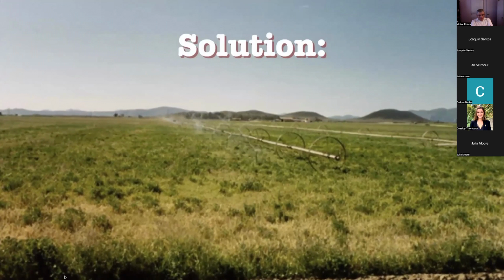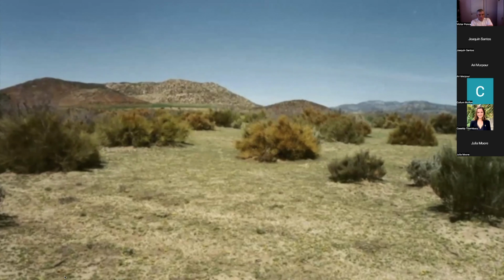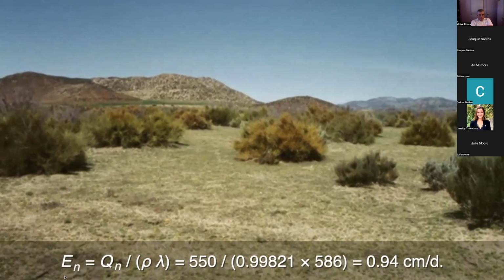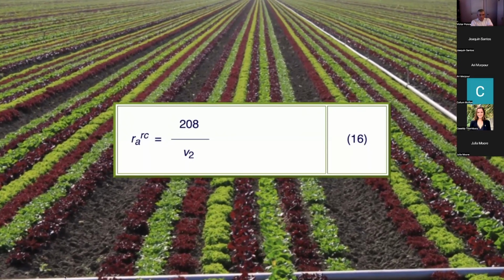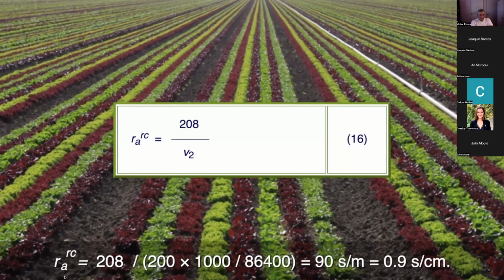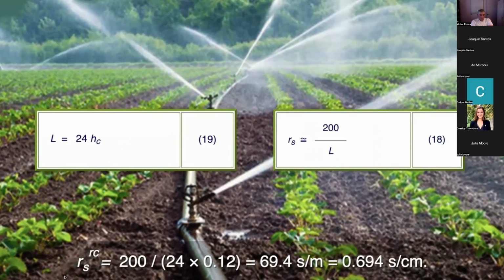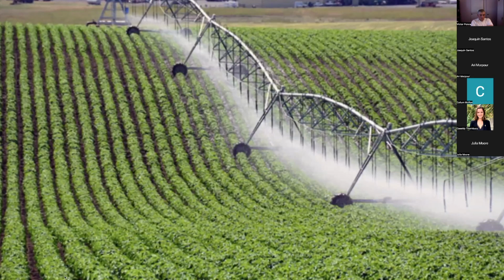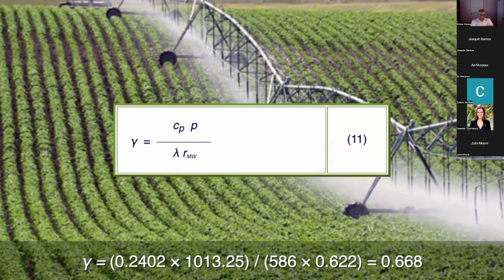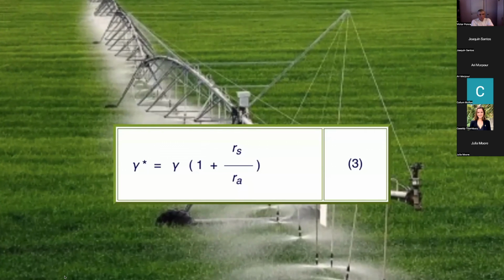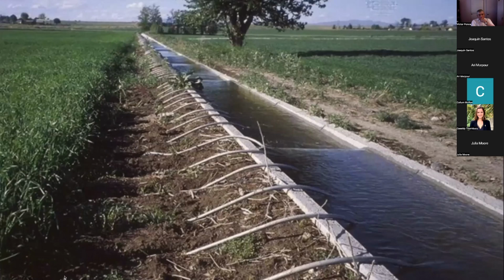The saturation vapor pressure gradient is the net radiation in evaporation rate units is using equation 16, the external resistance of the reference crop is the internal resistance of the reference crop is from equation 11, the psychrometric constant is from equation 3, the modified psychrometric constant is the vapor pressure deficit is